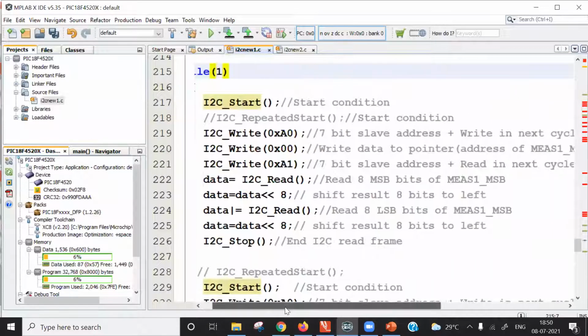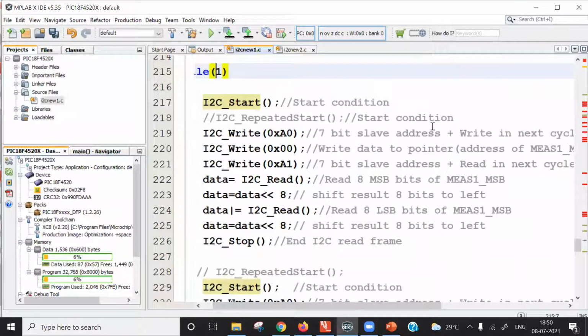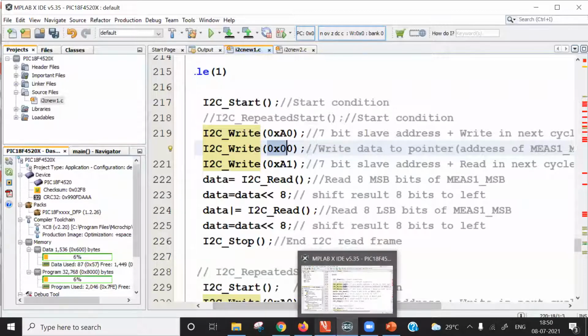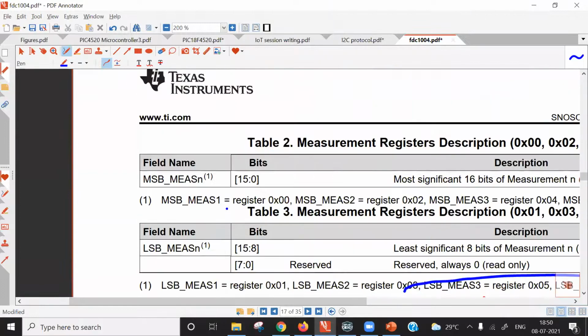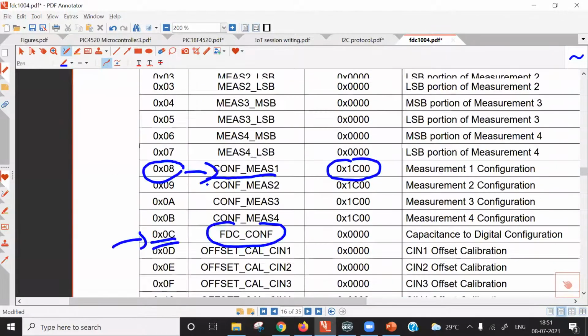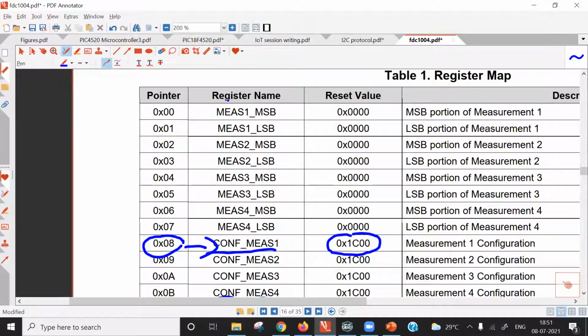So what are we doing again? We are transmitting the 7-bit slave address, indicating that the next operation is a write operation. Now I am loading the pointer with 0x00. Now why load it with 0x00? If you look at the register table of the FDC1004, you will find that the result of conversion of the first channel